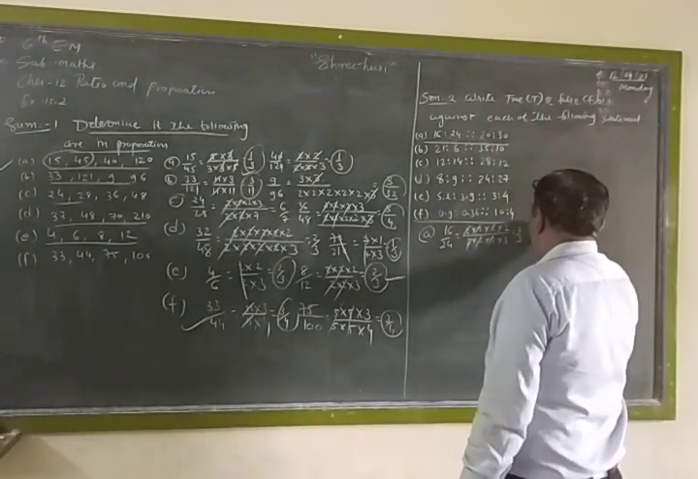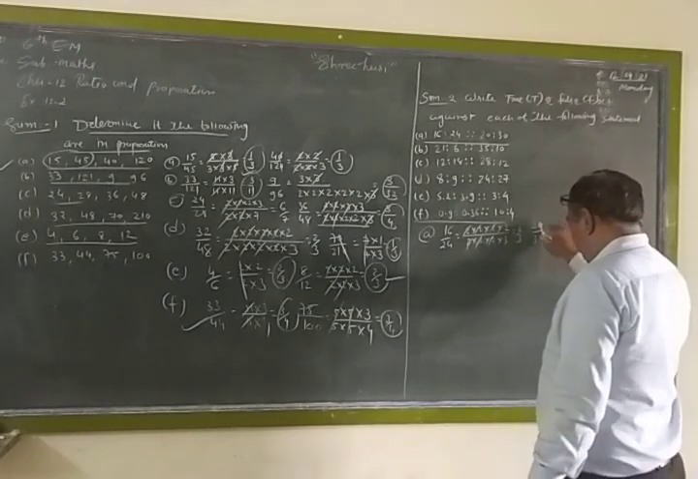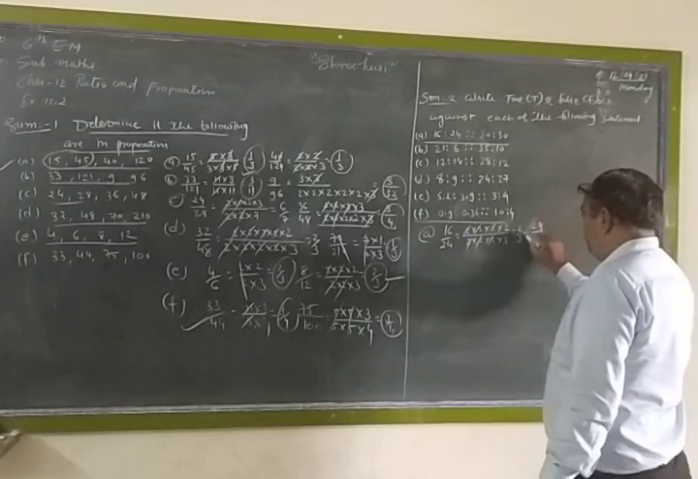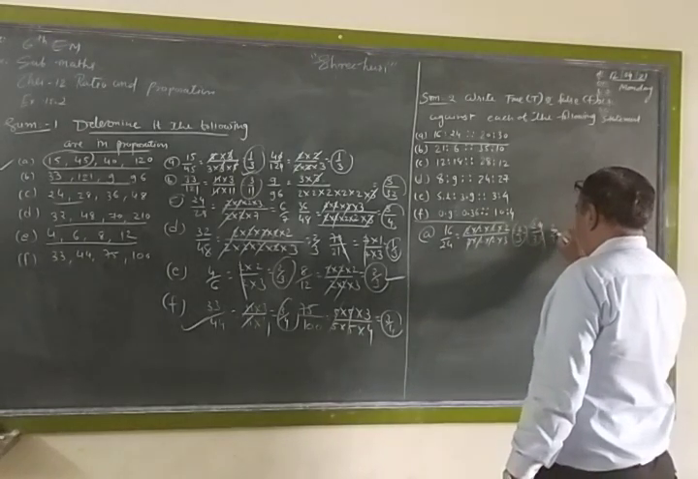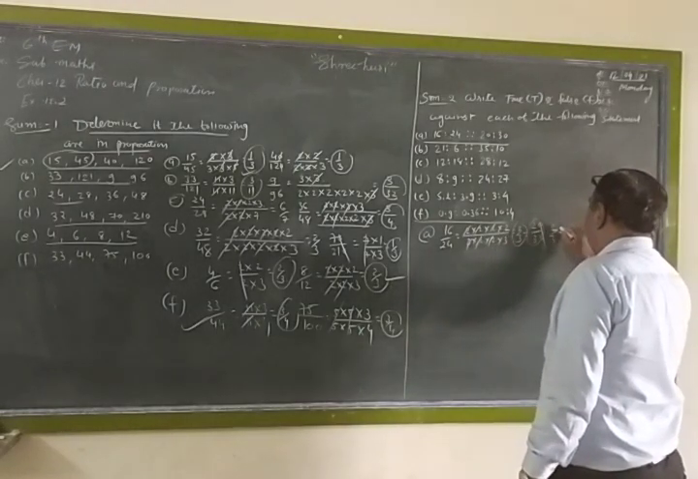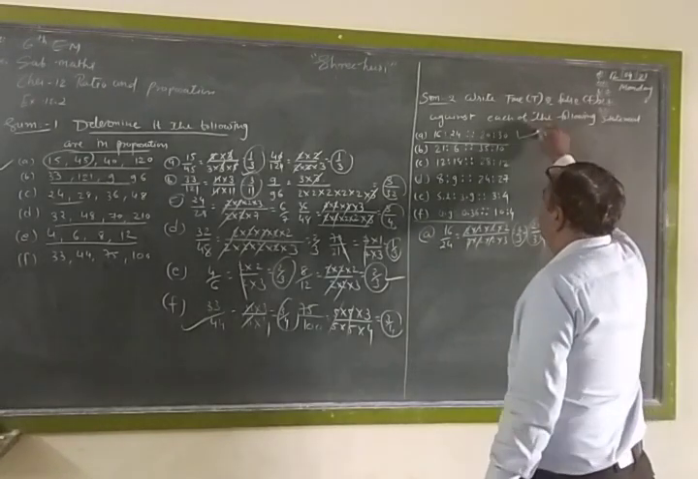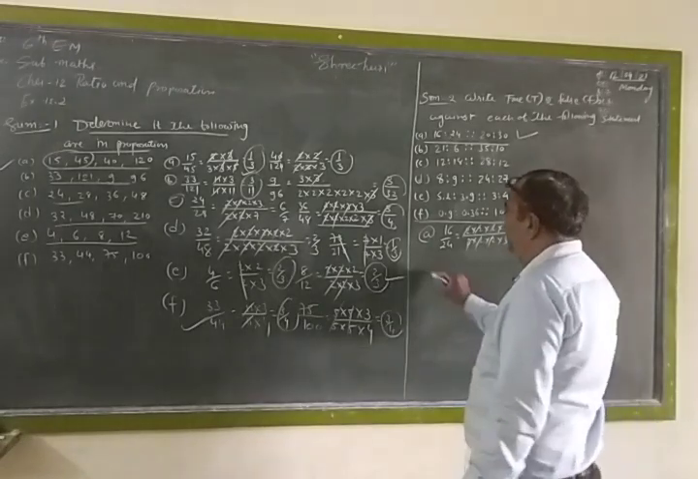The second is 20 upon 30. Already 2 is to 3, 2 is to 3. So 2 upon 3 is equal to 2 upon 3. So this statement is true. Like this, B,